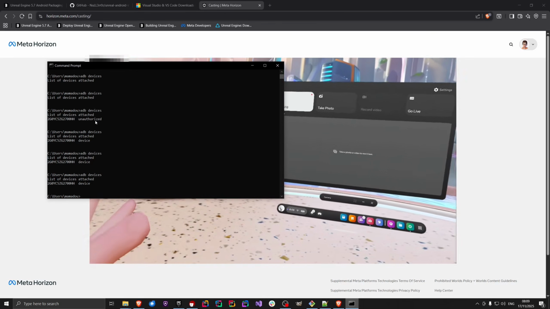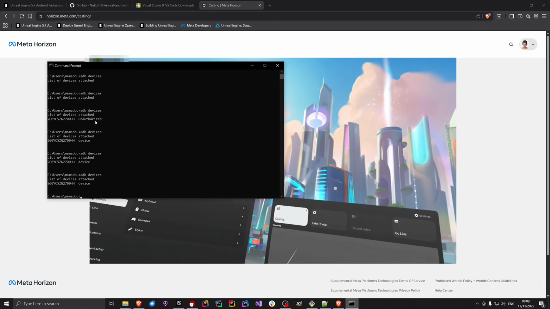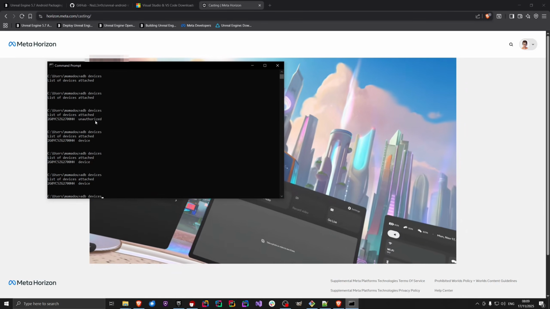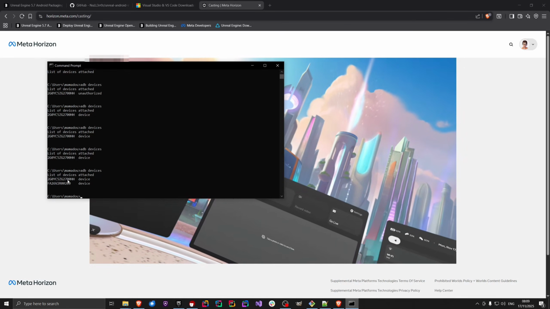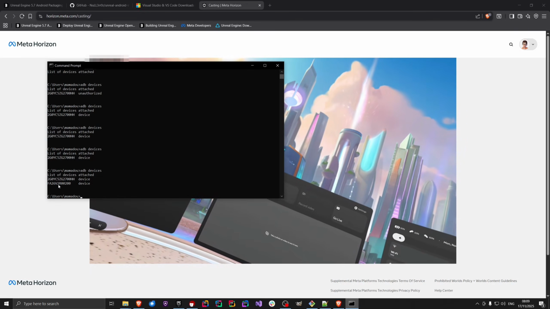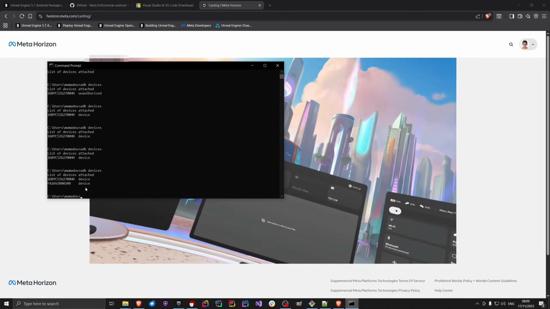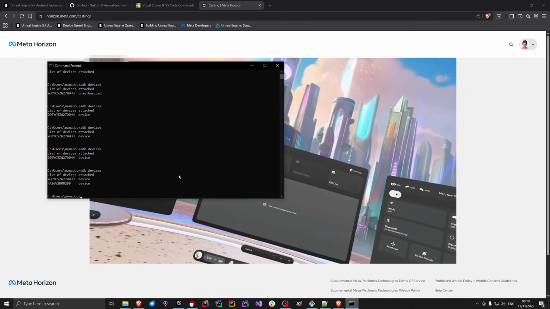I think this cable is broken, so let me use another cable, maybe. Yeah. So if I type ADB devices, now I see two devices. This one is my MetaQuest. The other one is basically my HTC VIVE. So yeah, this is how you set up ADB for